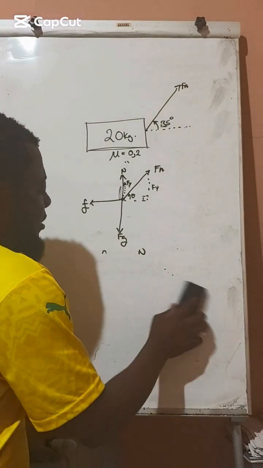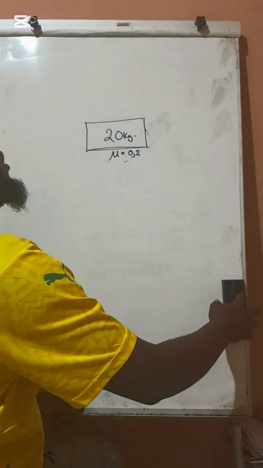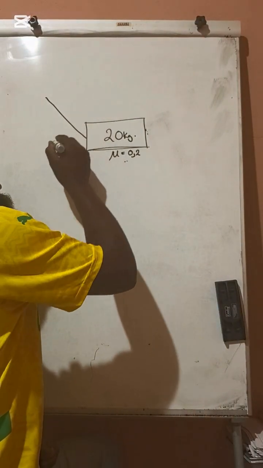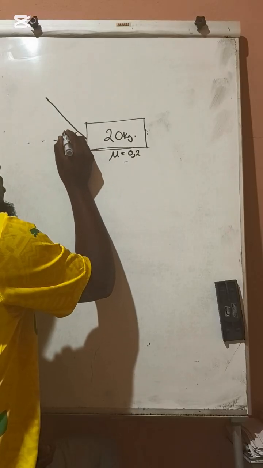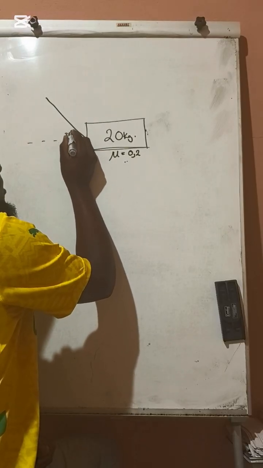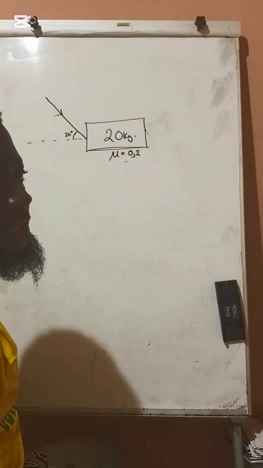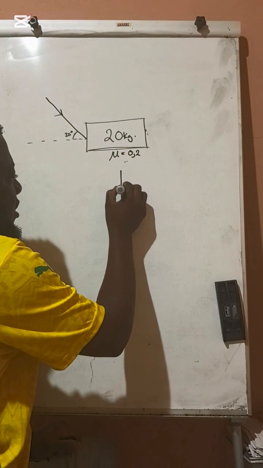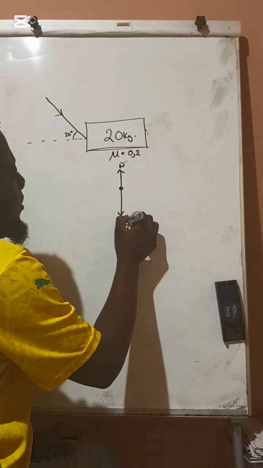The third scenario is when this force maybe is now directed where? To the fourth quadrant. Our angle here, we said 35 degrees, then the force is in this direction, like this. So our free body diagram is still a horizontal plane, so we have normal force, Fg, then here